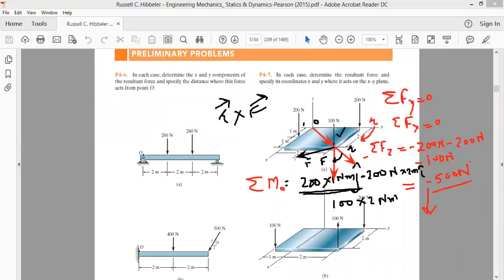We have to see whether this moment of the 100 Newton force is positive or negative. Okay, see again,